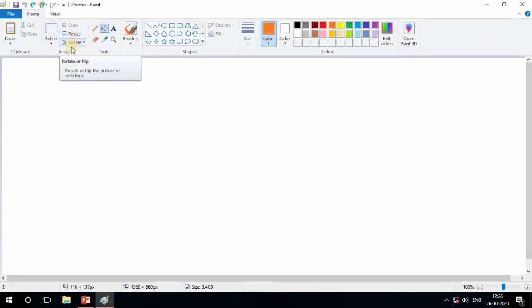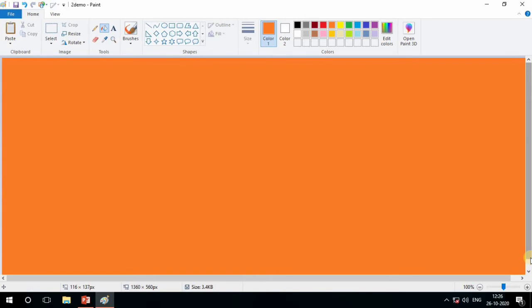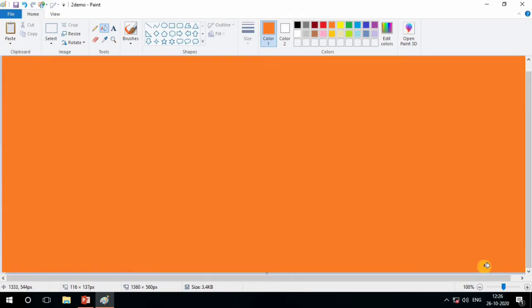So for that, first of all, I am doing the reverse process of the simple drawing. Put a color picker, choose this orange color and fill it here. So our paint sheet color will change from white to orange. The orange shade. You can take whatever color you want to put here. I just select this orange shade.